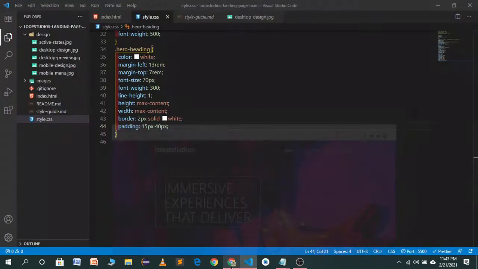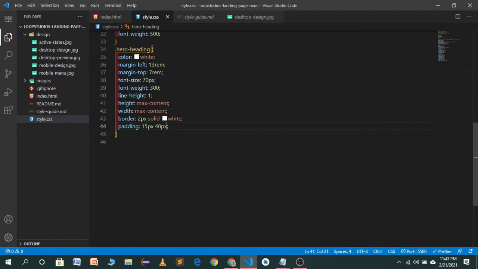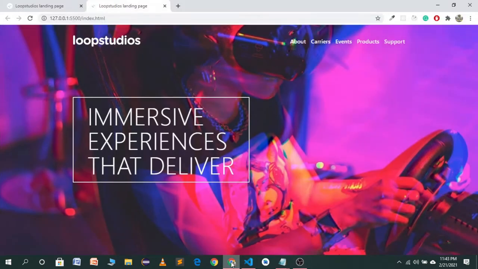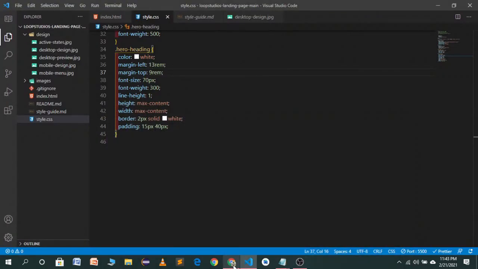So give it something like a margin top. Let's increase the margin top to 9 rem. Let's see how it will affect it. Now you'll see it's looking beautiful right now. The title is looking amazing. So the hero section is completed. Now we have to move to the next part of the build.